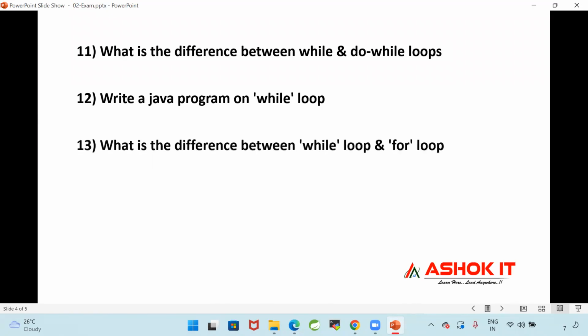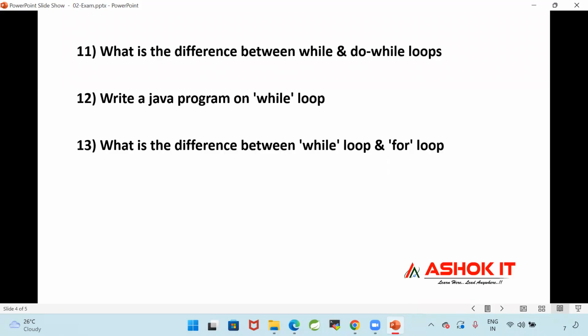What is the difference between while loop and for loop?